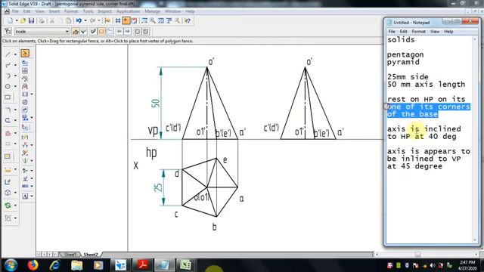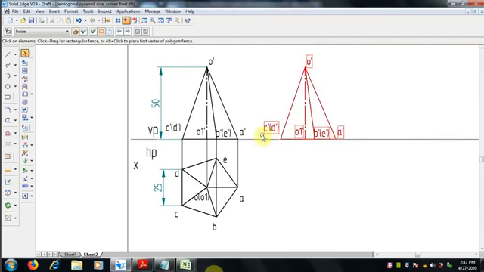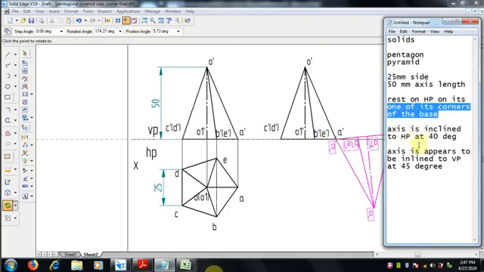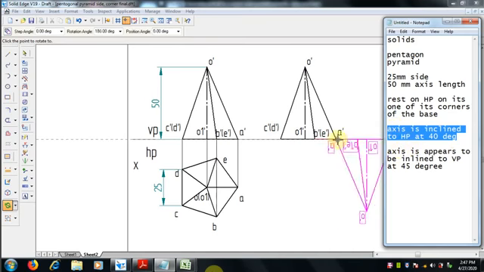It is resting on one of its corners, so the inclination we have to make with respect to the corner. So select the rotate command and select that base. Don't go for the slant side; rotate here with the base. The rotation angle you can give,